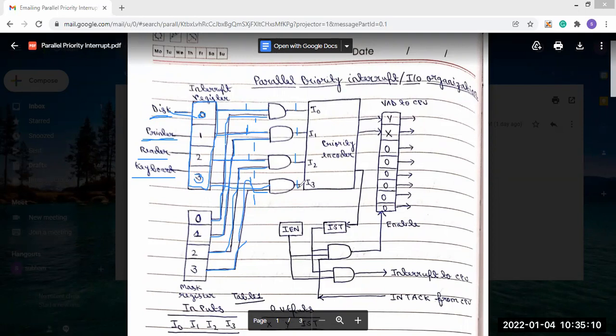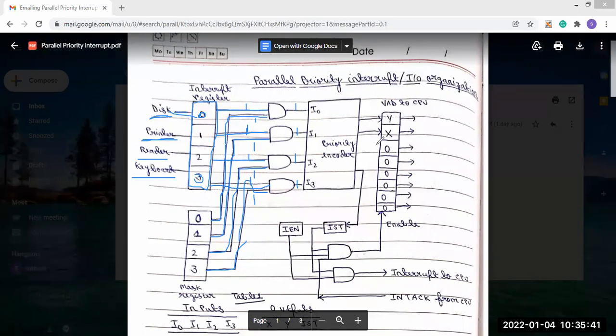After performing the AND operation, it will go to the priority encoder. There is a priority encoder connected. These values will go to the priority encoder, and from this priority encoder the output is generated.